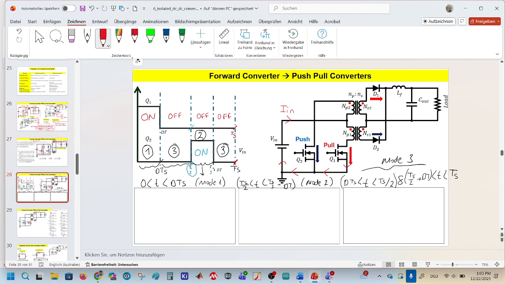And we can define the input and primary side of the voltages. It is when Q1 is on and Q2 is off. The input voltage is seen on the primary side, but let's say on NP1,